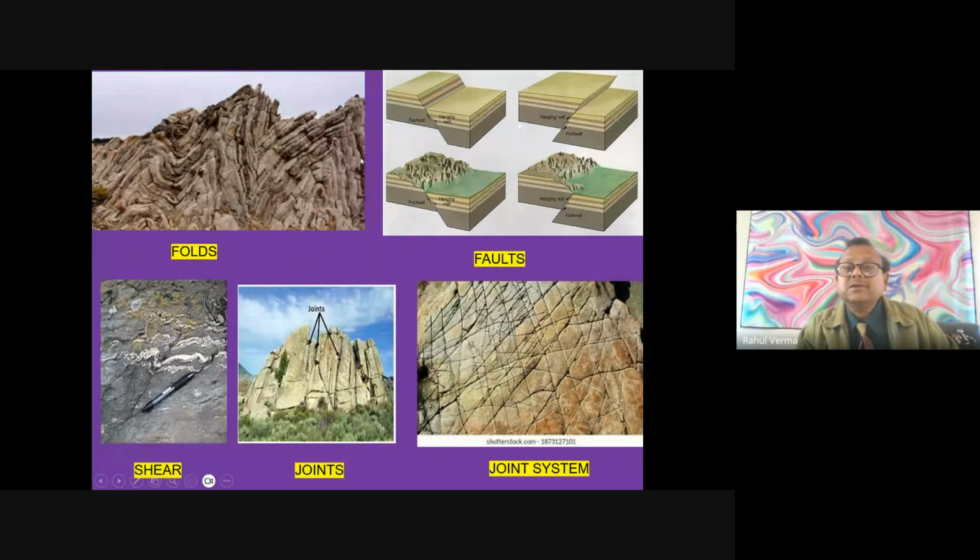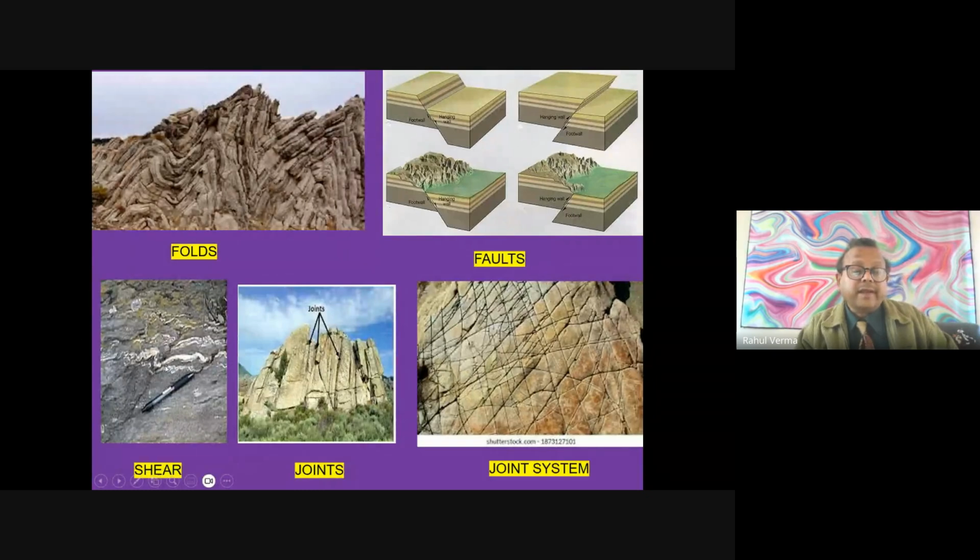And this is called a fault. You can see this part has moved down from here. This part has moved down. Again, there is a different type of compression, and these layers are weak enough, so they break. They either go down, go sideward, or go up. In this case, it is going down. In this case, it is going up. And in this case, you see this part is moving sidewise.